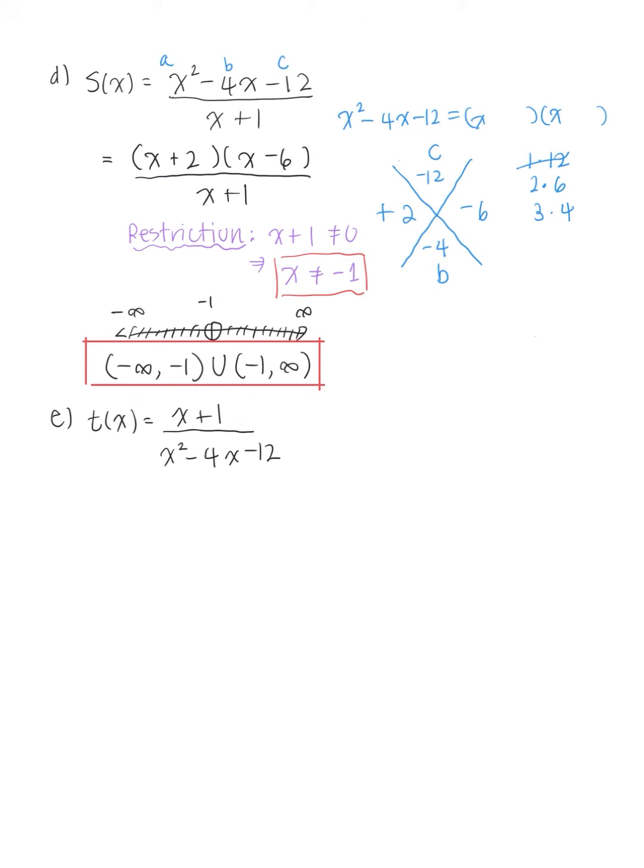Okay, now let's look at the next example. We have t of x equals x plus 1 over x squared minus 4x minus 12. So that's just the reciprocal of example D that we just did. So we already factored that earlier, so let's just rewrite this. So the restriction is, well, before we do the restriction, let's just factor. So you've got an x plus 1, and we just learned how to factor this. So this is going to be x plus 2, and then x minus 6. So the restriction